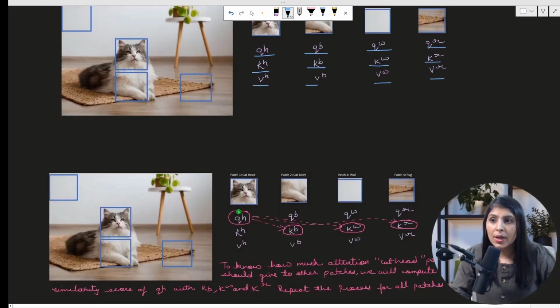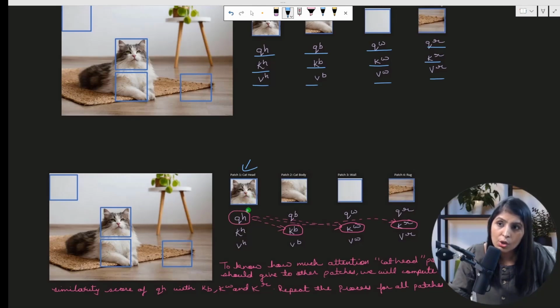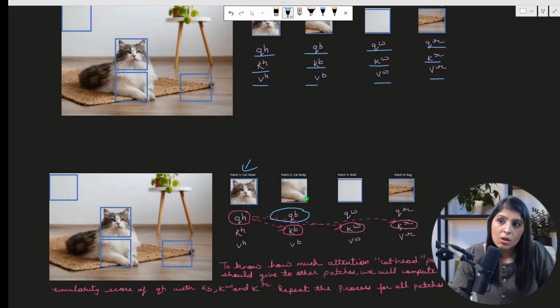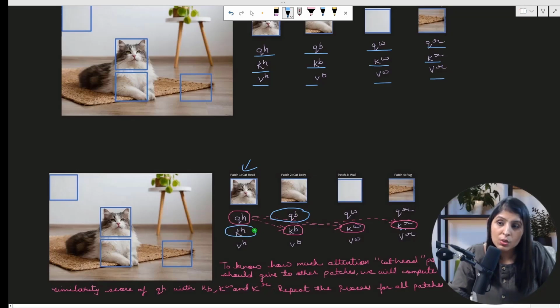Suppose you're working on the cat head patch. When the cat head patch is working as a query, meaning QH is the query of the head patch, it gets compared to the key of body, wall, and rug patch. In the same way, when you want to see how much attention the body patch should give to the head patch, wall patch, and the rug patch, at that time the